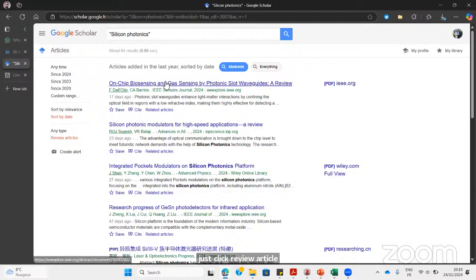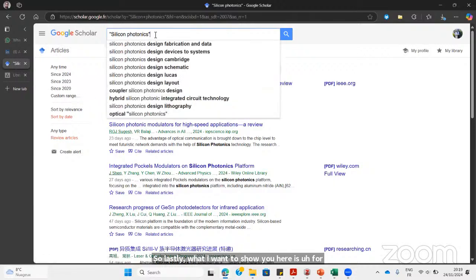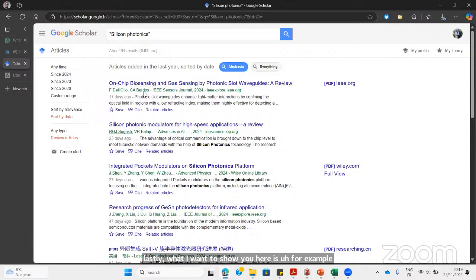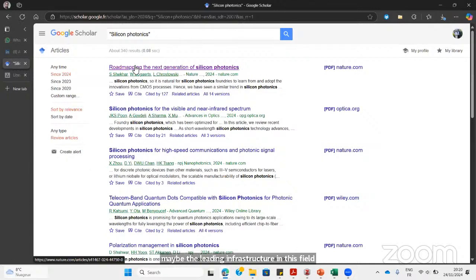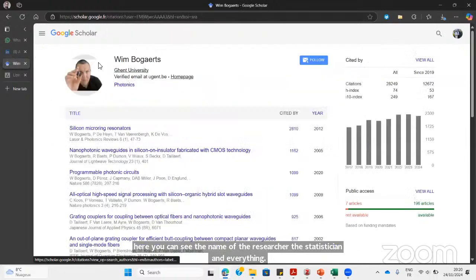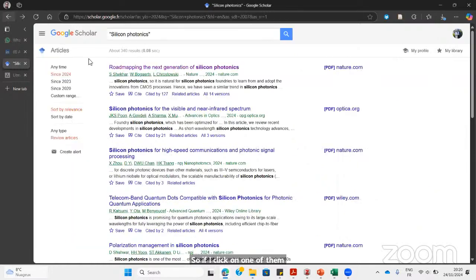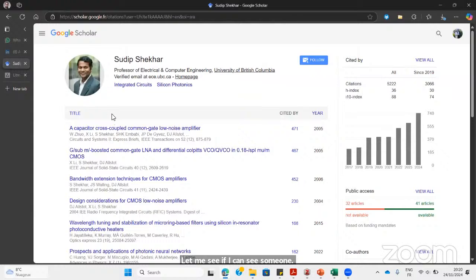Lastly, what I want to show you here is, for example, if I want to work on silicon photonics, and I am looking for potential supervisors, if you want to look at the leading researchers in this field, I can click on this. These are the names of the researchers. From here you can see the name of the researcher, the citations, and everything. If I click on one of them, and then on their profile, this is just photonics. Let me see if I can find some like this. So this is the profile of this particular researcher, but I'm not interested in this researcher, but I want